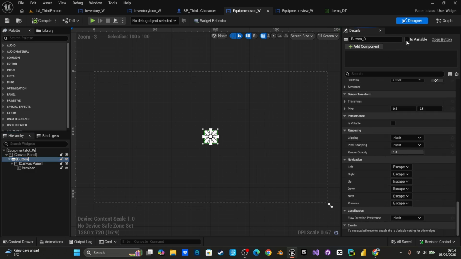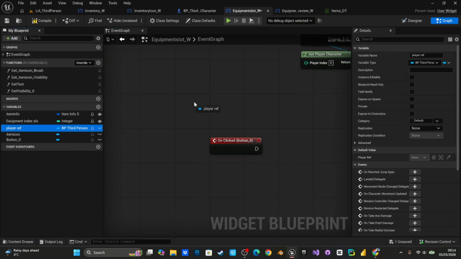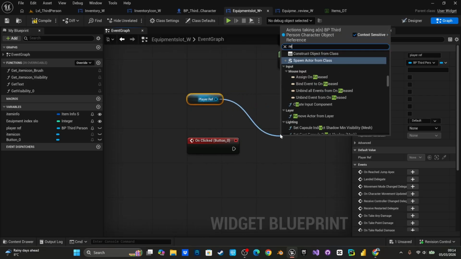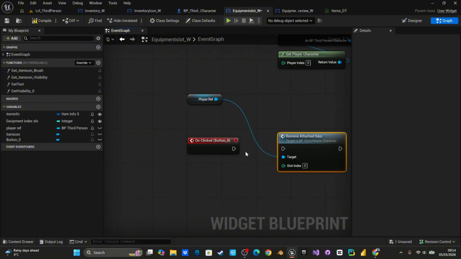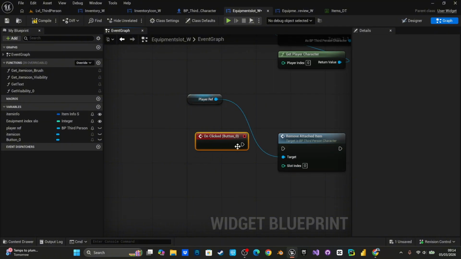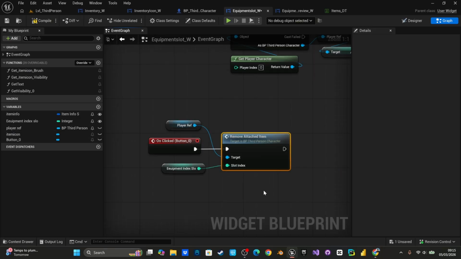Make sure it is a variable. And now we are going to do a player ref, and what we are going to do is remove attached item, and it's going to be from our equipment slot index. But at the same time, we need to make sure we refresh the equipment slot. So we are going to